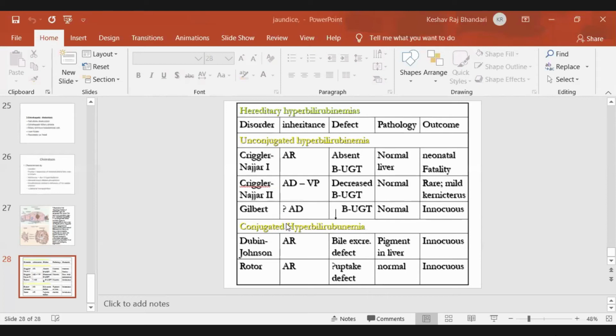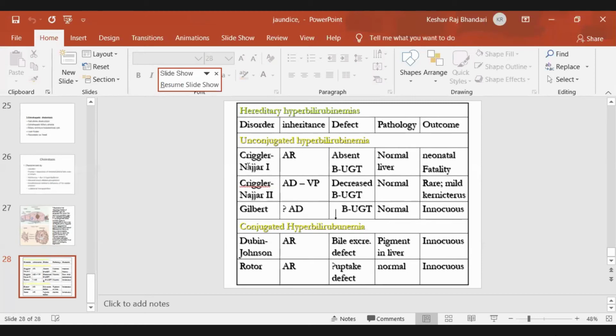So it is absent in Crigler-Najjar type 1. And pathology, the liver will appear normal, and it leads to neonatal fatality. The child will die in the neonatal period. So this is Crigler-Najjar due to absent uridine glucuronyl transferase enzyme. The second one is type 2, which is autosomal dominant, and in this it is